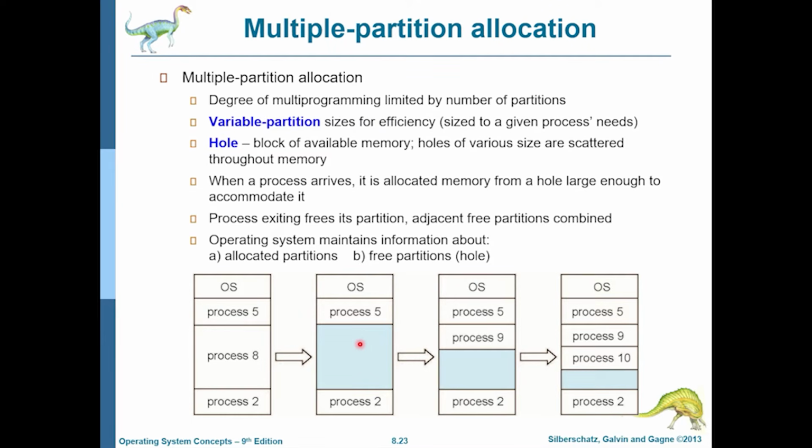But depending on whatever fit it wants to go for, it will figure out a hole and then it will allocate some area of that hole to this process so that the process can sit there and start executing. Now, if another process, process 10, comes in, then process 10 can go in this hole right here because this hole is big enough to fit process 10, and still there is another small hole over here which the OS might use later.